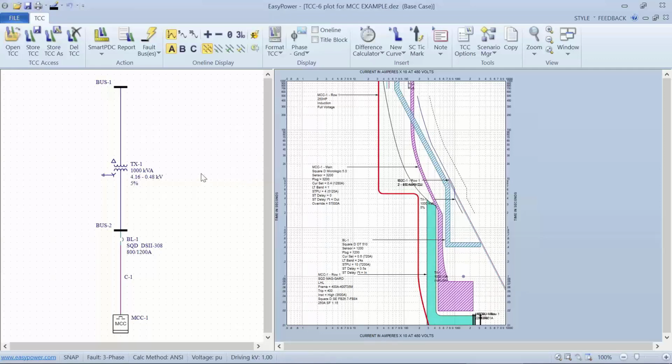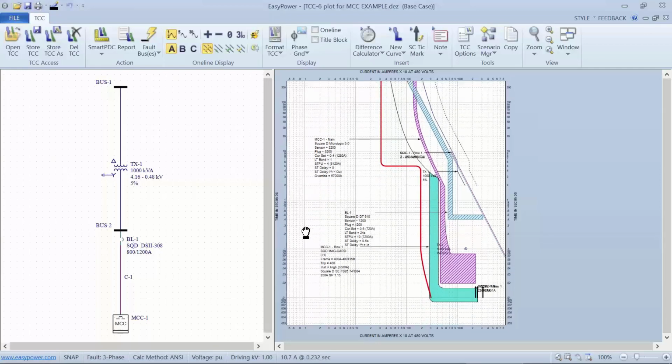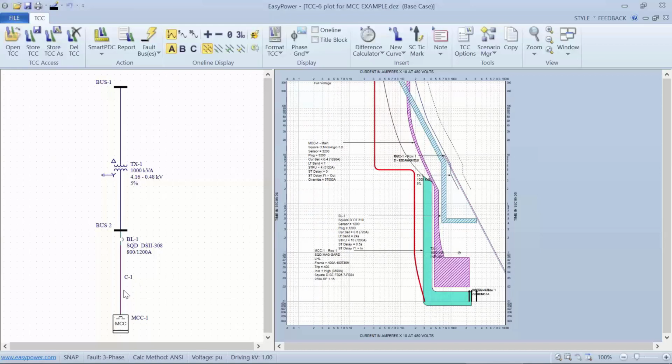Now, as I indicated, the only downside to this is that it will not give me a label, a printable label. And so I can either put labels,